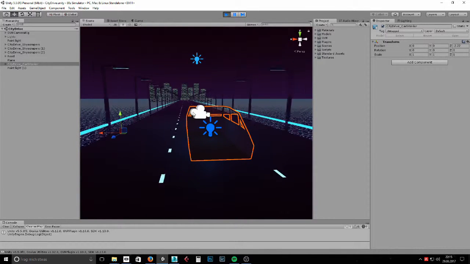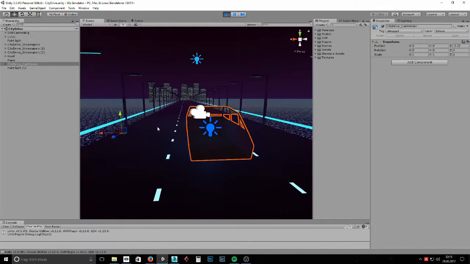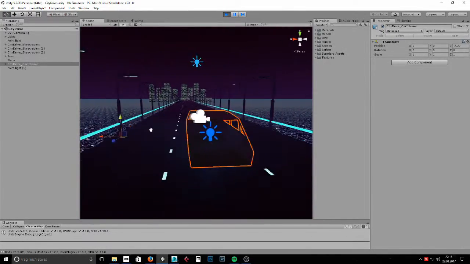So I think I will change this. I will make it so you have to drive to the city, because it's interesting, like discovering the city, and it's much more interesting to do it that way. So I will probably change this and let the car drive for real, basically.